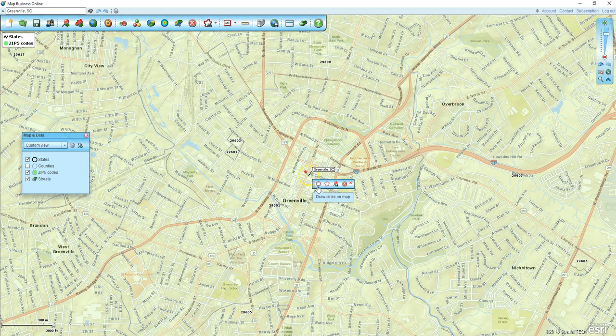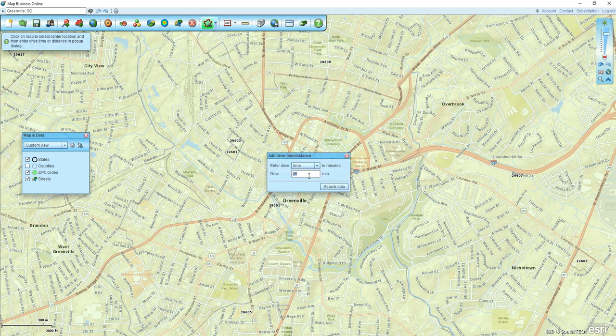Down below, you'll see that I could draw a circle on the map, or I could use a Drivetime polygon to search for data. I also could use these tools at the top, our search tools, and we can search by a radius, polygon, freeform, or in this case, a Drivetime polygon. If I click on that and then click on a point on the map, I can choose to go by time or distance. And so if it's feasible to create a territory based on something like a 45-minute drive time,